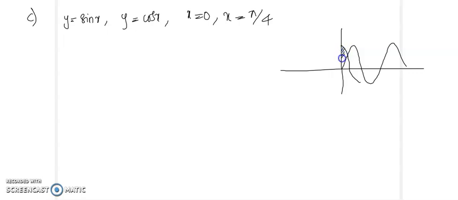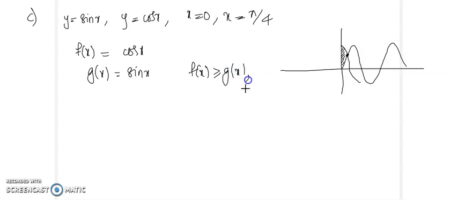So this is the region we need. So here the curve on the top. So this will be the point of intersection, pi by 4. So here you have x equal to 0 and x equal to pi by 4. So here f of x is equal to cos x and g of x is equal to sin x. So here f of x is greater than or equal to g of x for 0 less than or equal to x less than or equal to pi by 4. So therefore